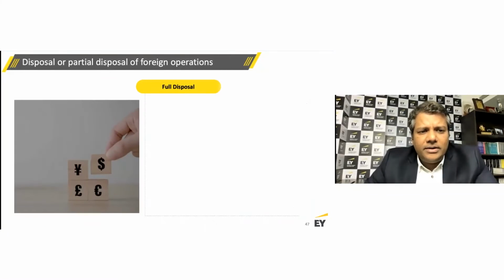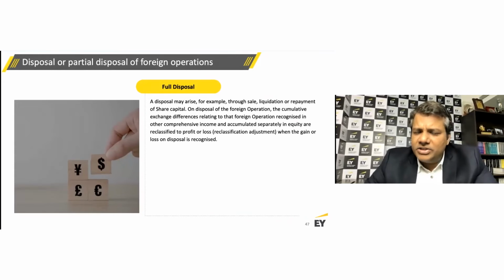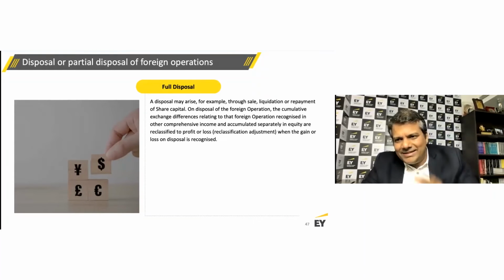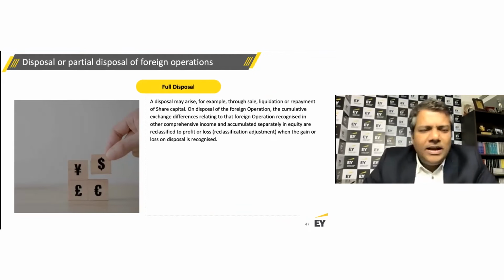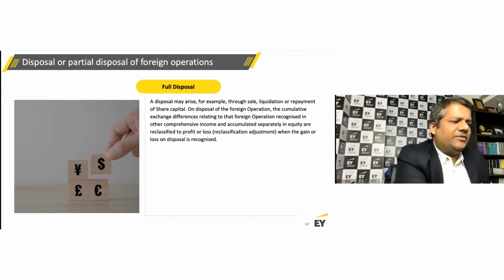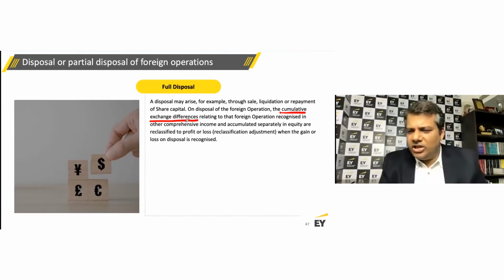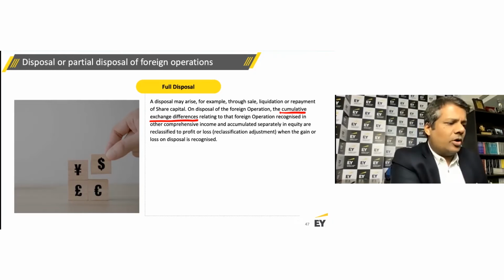Now, if you are doing a disposal or partial disposal of a foreign operation, when does this currency translation reserve get transferred to the P&L? That's the principle we are trying to understand here. A disposal may arise, for example, through sale, liquidation, or repayment of share capital. On disposal of a foreign operation, the cumulative exchange difference relating to the foreign operation